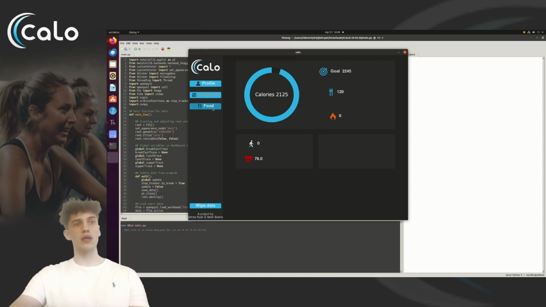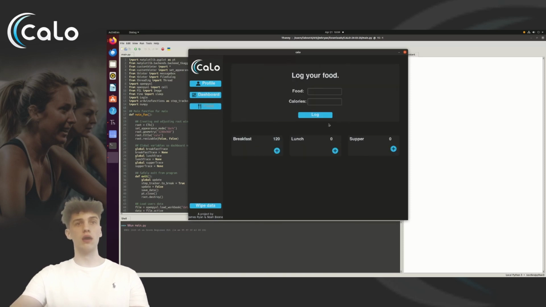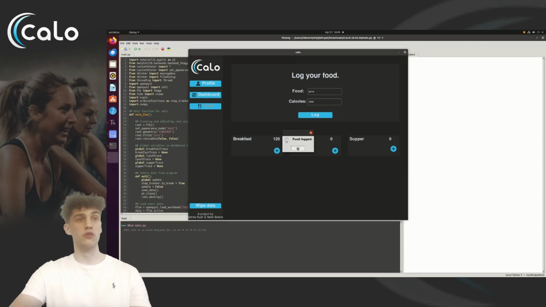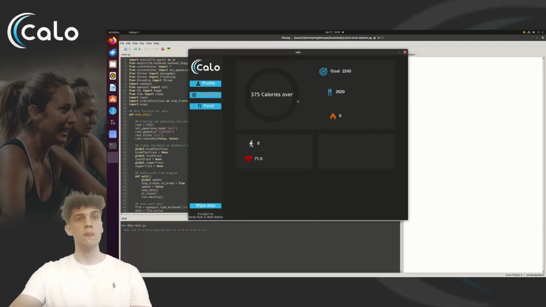Now going back to the food tab, I will now log, let's say, pizza, and I'll put in 2,500 calories to demonstrate how Calo handles the user eating over their caloric intake. Here we now see that the pie chart is now empty, indicating to the user that they're 375 calories over